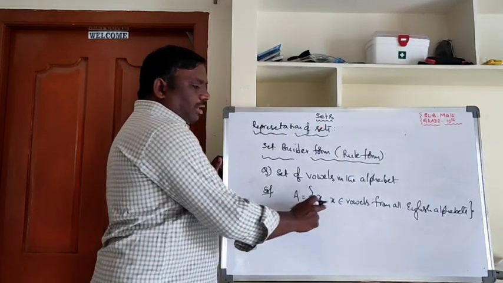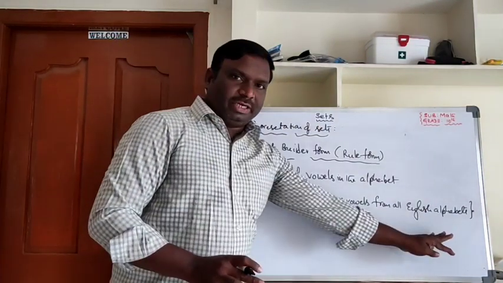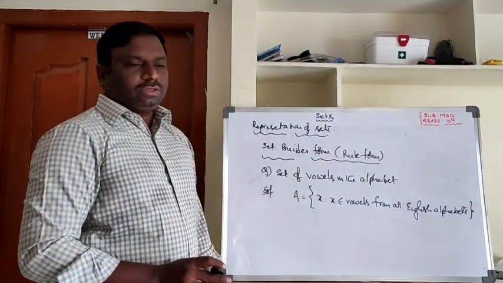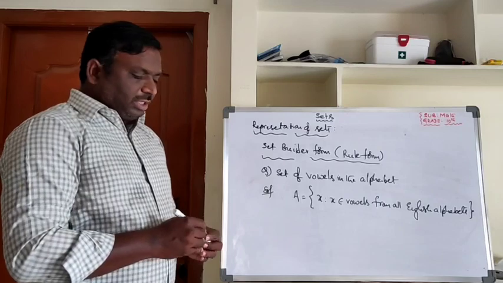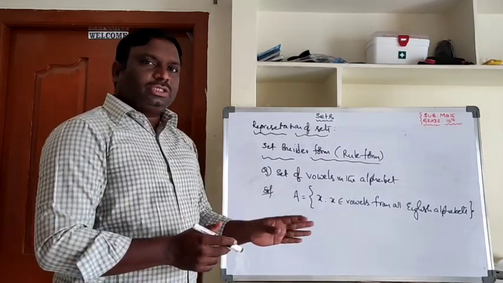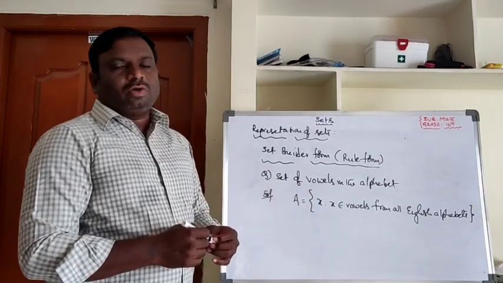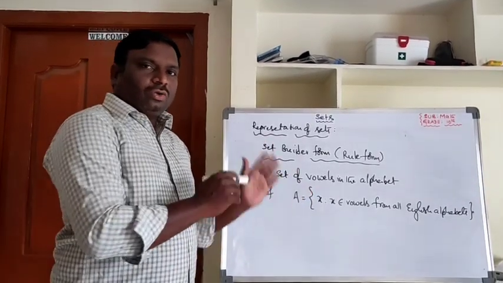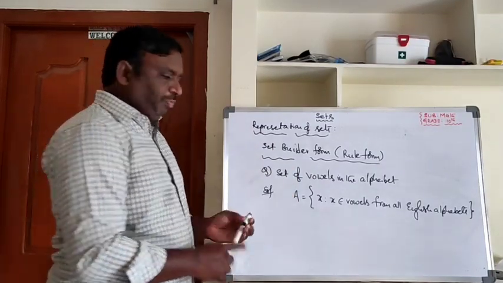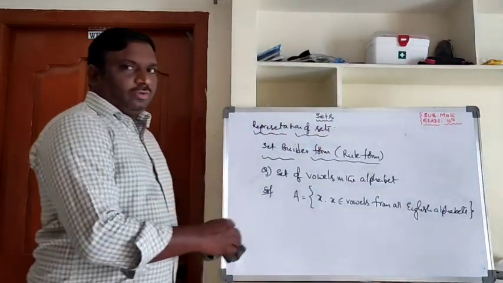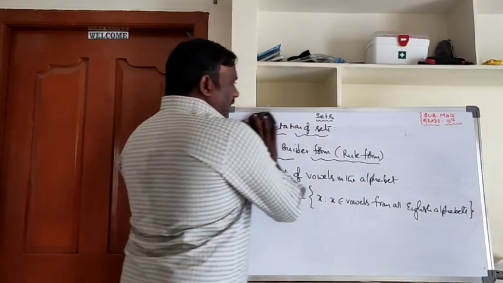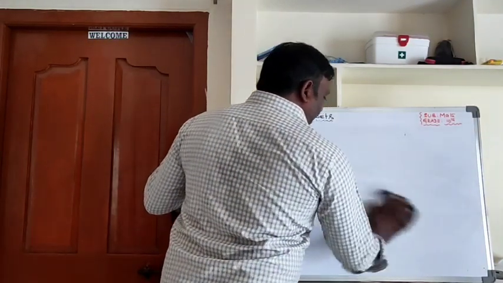We are not taking all alphabets. We are taking only vowels from alphabets. Okay. So like this we can represent the set. If you go to the example questions, the textbook questions, you can see the different models, different examples for how to change into set builder form and how to change into roster form. So till now we can complete the first exercise. Based on this concept we can do the first exercise. But there are types of sets. I will explain one or two types of sets also.